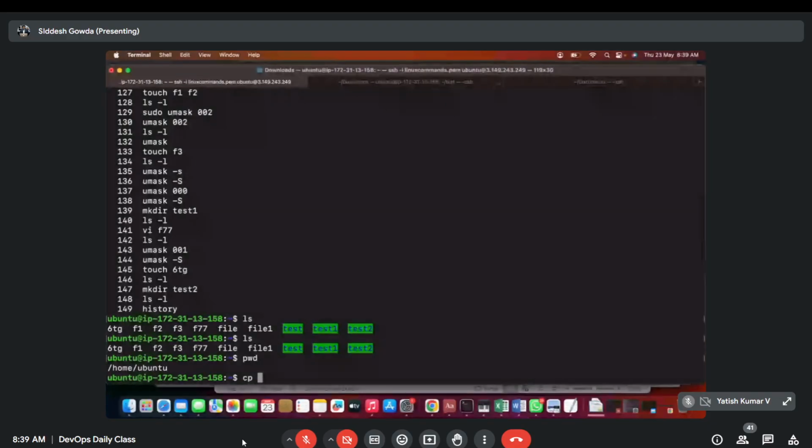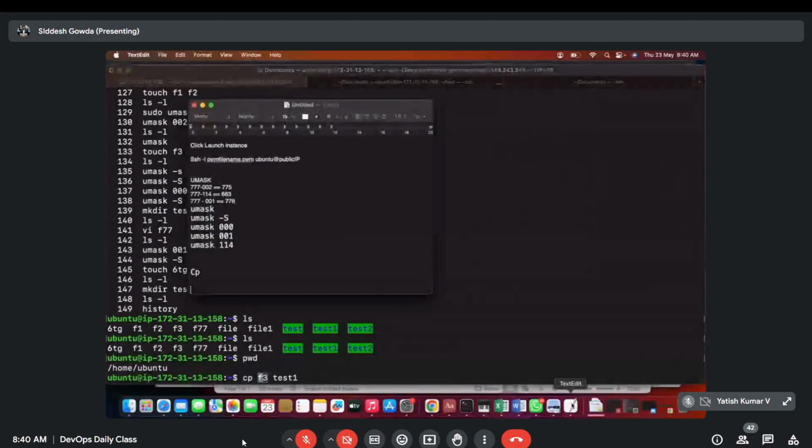So I'm copying files f1, f2, f3 to the directory test1. First we can perform it for one file. Let's see, we are copying the f3 file. This is the source. Copy source and destination, like this: cp